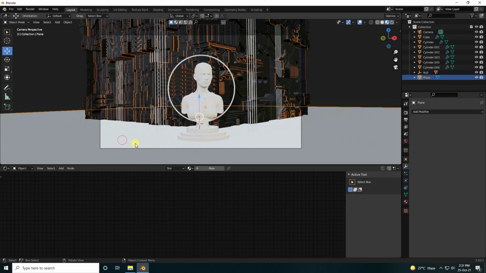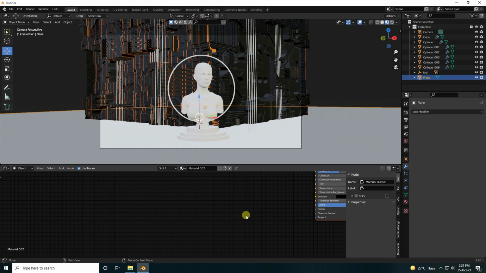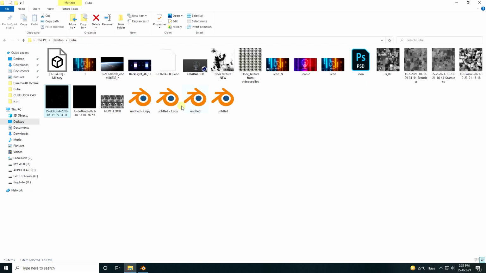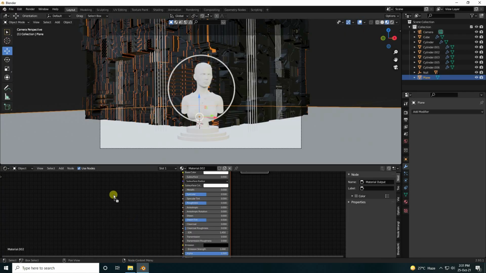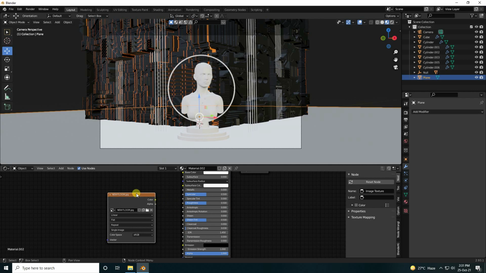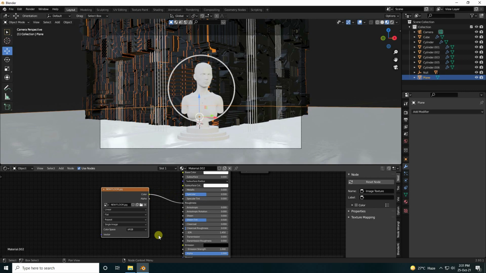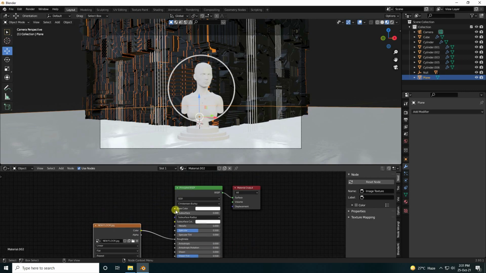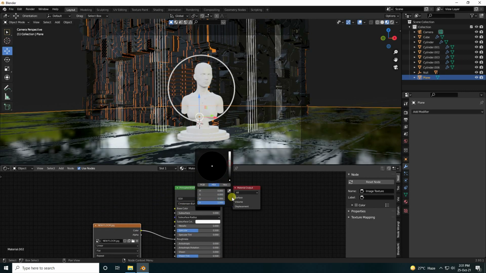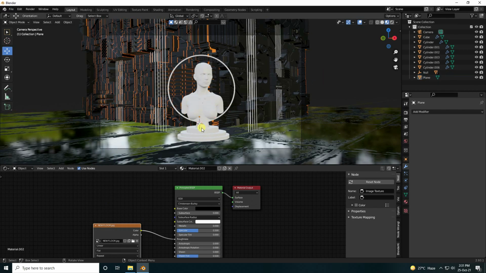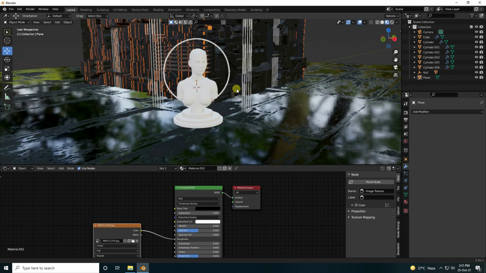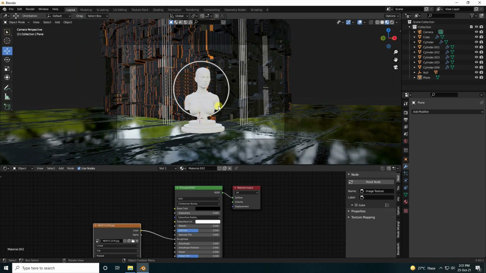And now guys, I apply floor material. So click on here, new material, and guys, I have already floor texture. So that's my floor texture. Guys, I give you all these textures. You can download from my website, it's free. So select your floor texture, connect with roughness. Yeah, and guys, base color I use black, shiny black. Yes, beautiful. See guys, that's my beautiful textures, right?